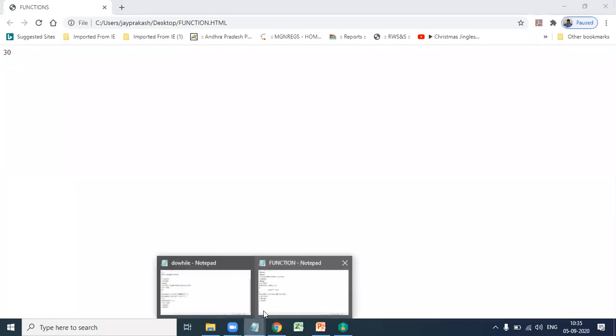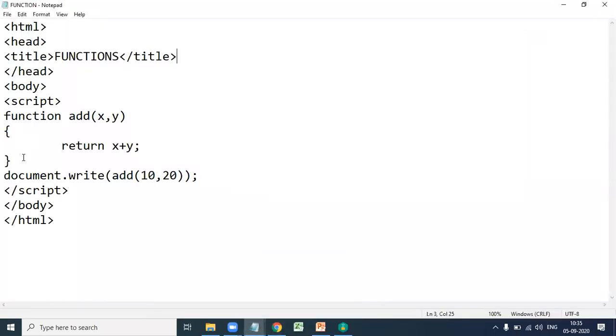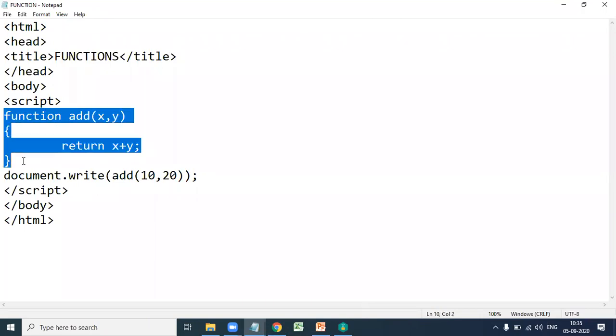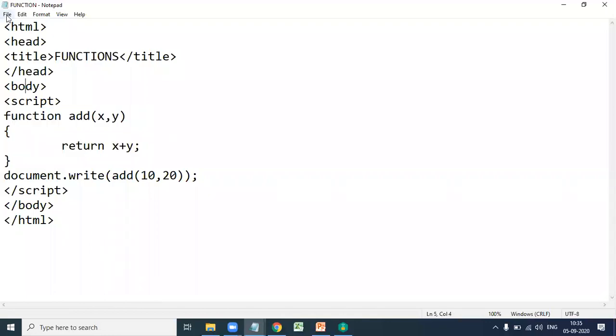See here, the output is 30. So this function definition can be written in the body section also. Remember the point, the function definition is always before the function call. First we define the function, then call the function. So this is function.